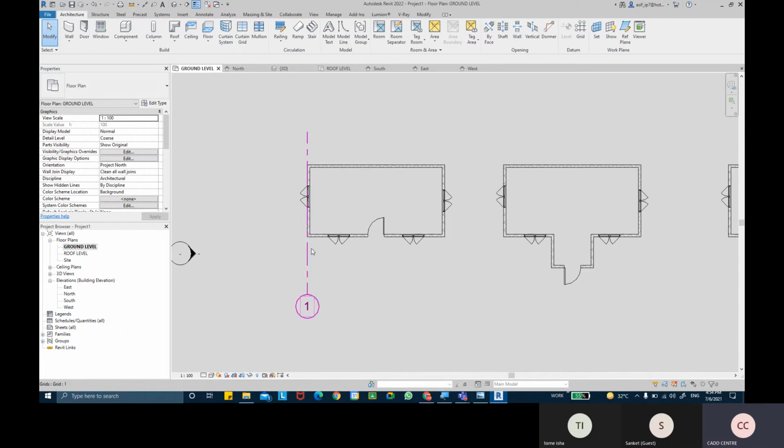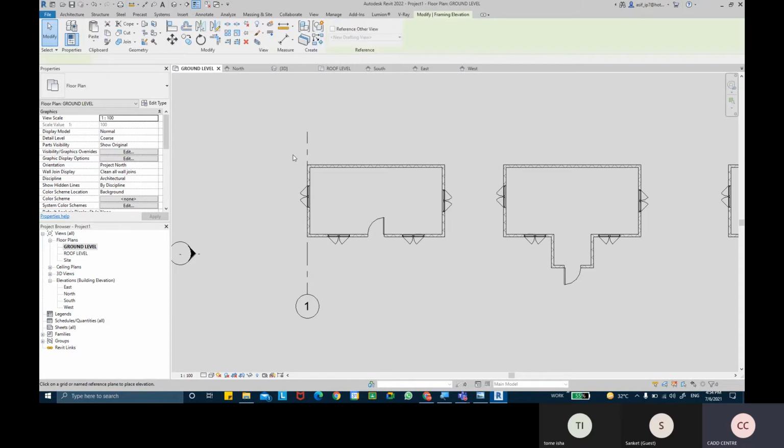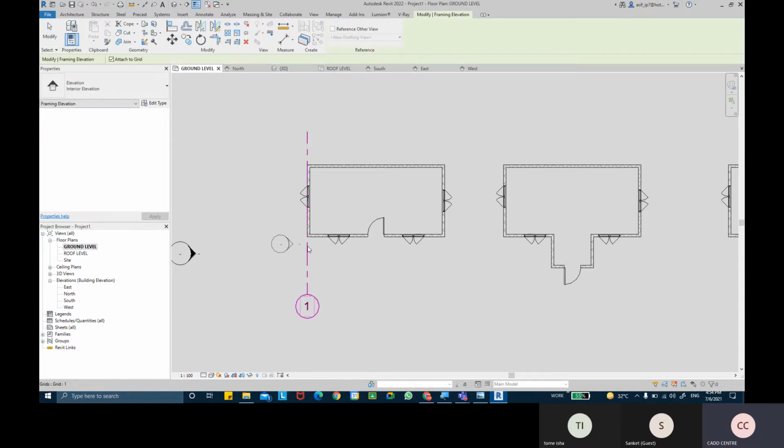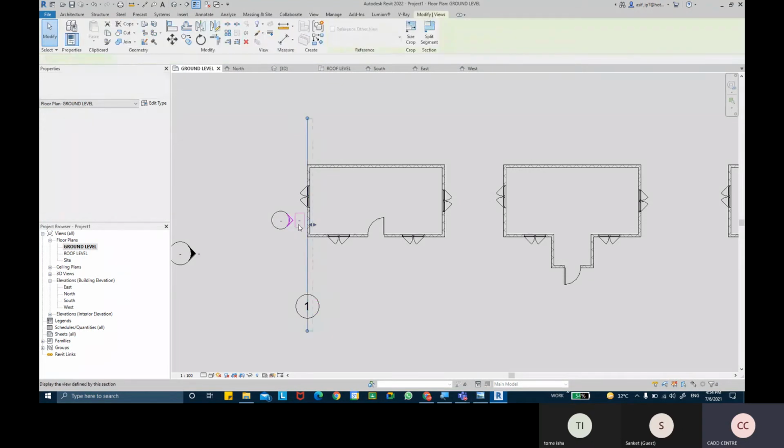We come into views, and take the elevation, framing elevation, which will now allow me to drop an elevation pointer on that grid line. So I'm going to drop one elevation pointer on that grid line. Drop it, got that elevation pointer marker.